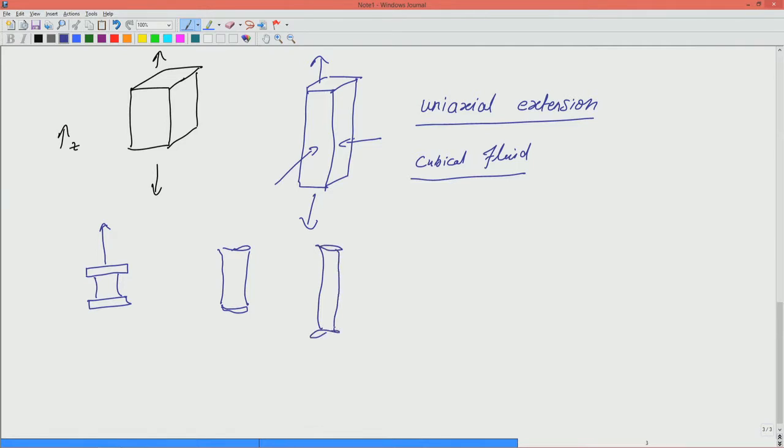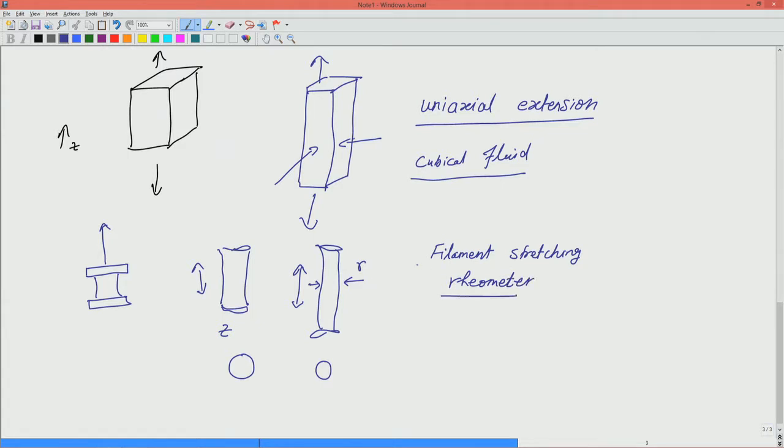So, there is a pull in the z direction and the material goes inward in the radial direction, and if you look from this side, the cross section of the fiber or filament keeps on changing. So, this is called a filament stretching rheometer,